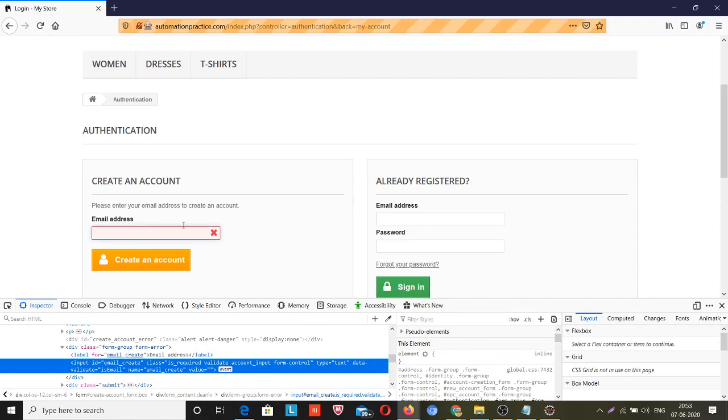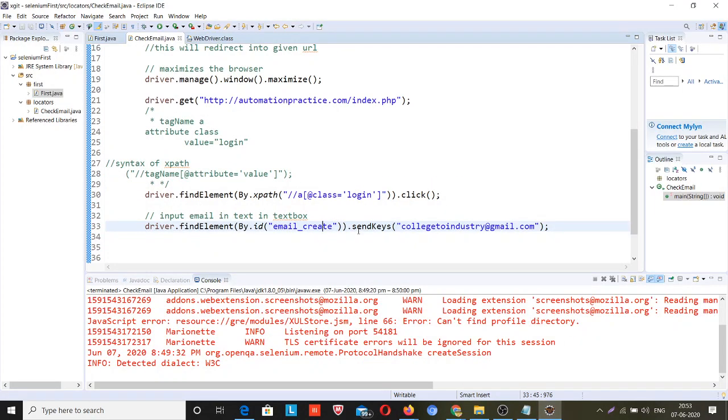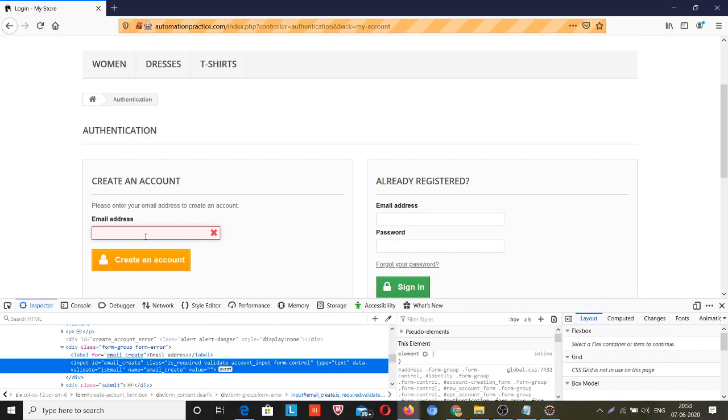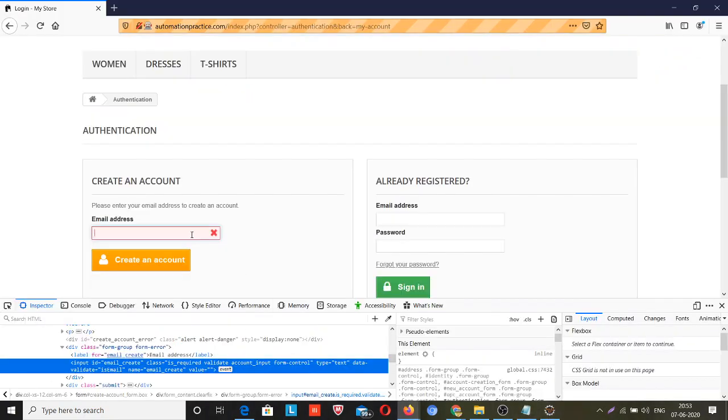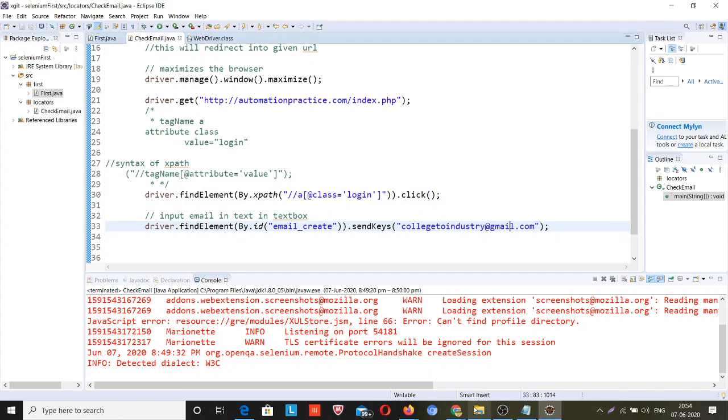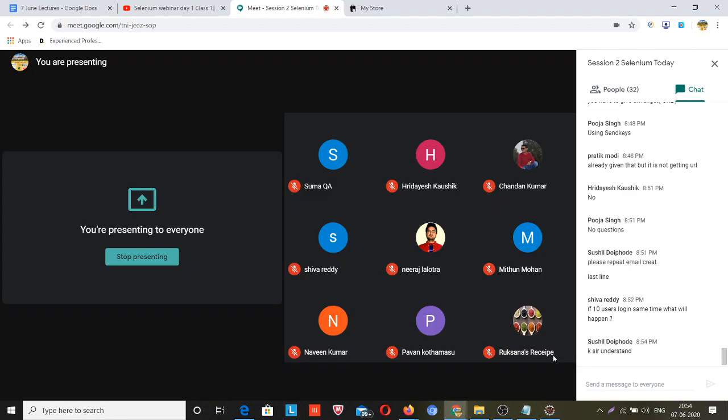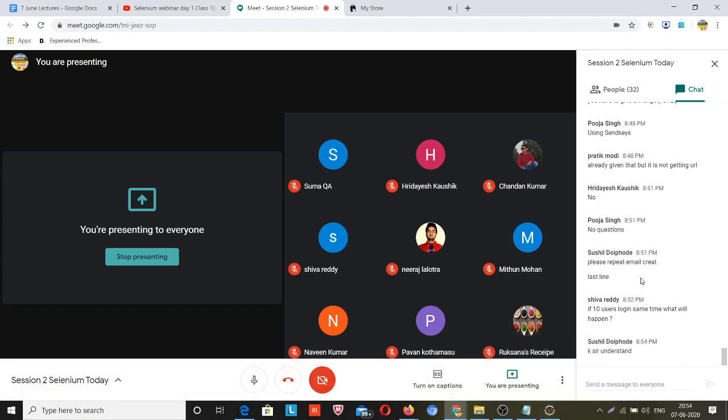But what will I do if I only find this text box? I have to enter some information here, and that information is email id. So I have passed that information, because this was a text box, so I need to put some information. So I have used send keys, passing the email id using the send keys method. So that's the thing I have done. So now is it clear, Susil?